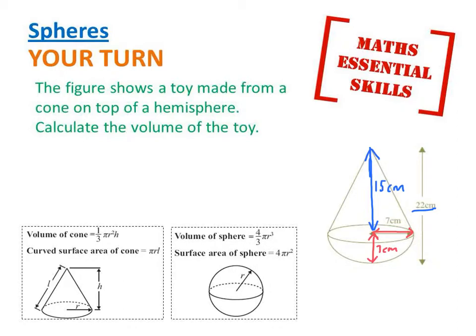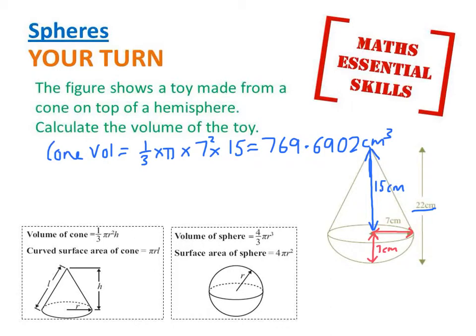So the volume of the cone is worked out by using the normal formula, using the 15 and 7 as the height and radius. And then the volume of the hemisphere will be using the normal sphere volume, 4/3 times pi times radius cubed, and again all halved because a hemisphere is simply half of a sphere, which gives me an answer of